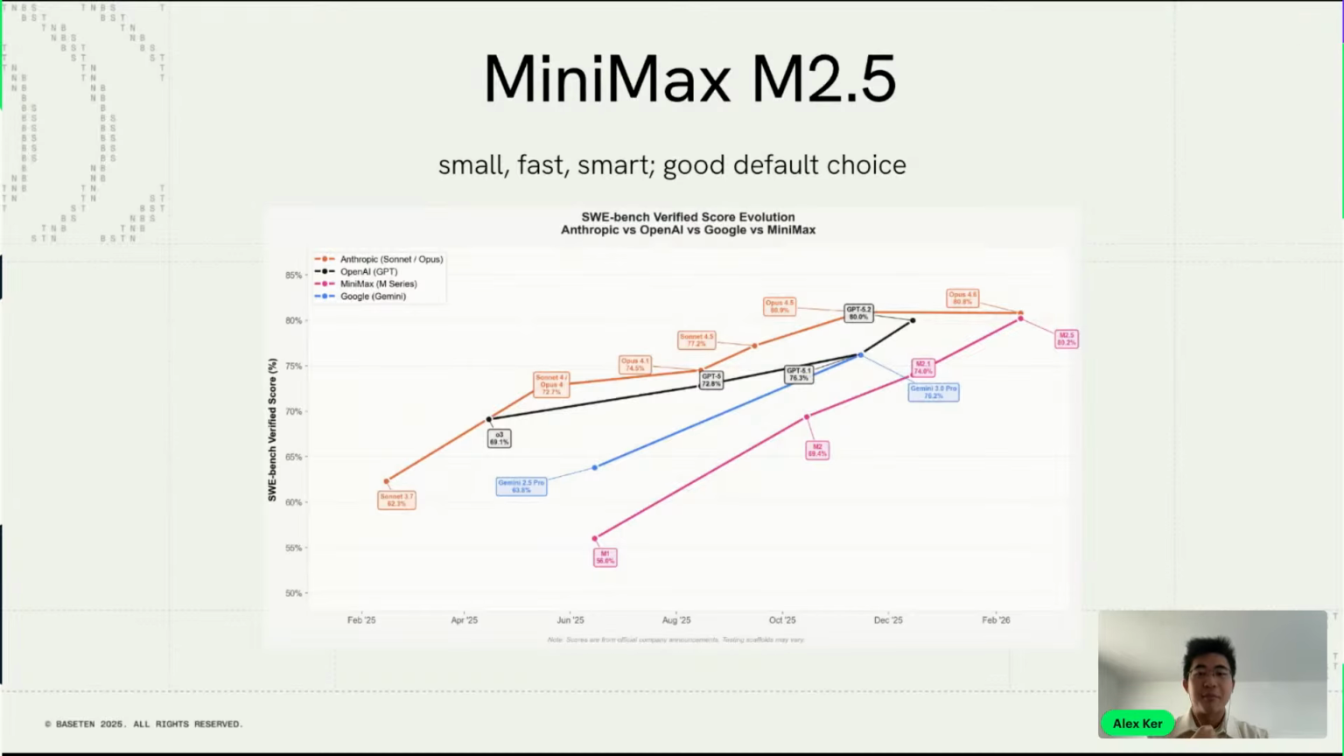So the first is Minimax M2.5. This is really the model that's been released 2 weeks ago that makes running agents economically viable. You can run this model at 100 tokens per second for just $1 per hour and 30 cents at 50 tokens per second, which means if you were to run four instances of this model continuously in production throughout the year,